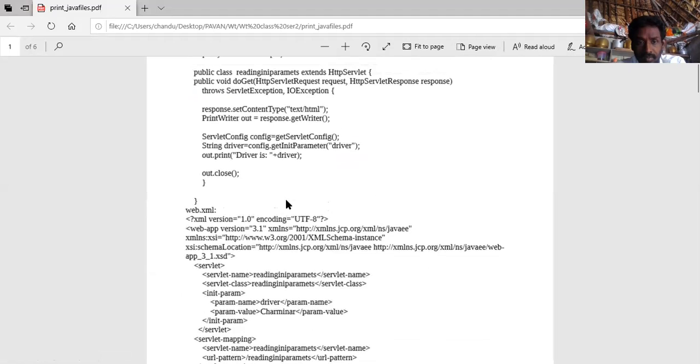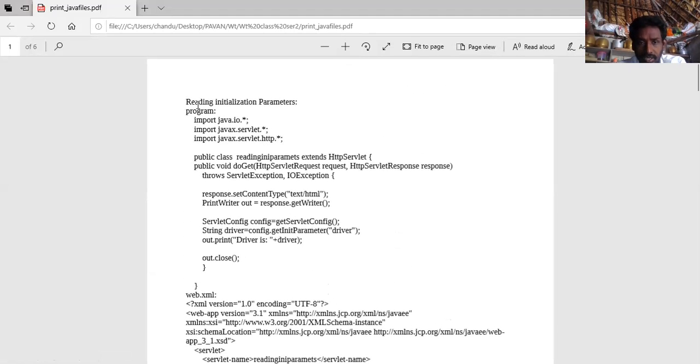Once again, reading initialization parameters, reading configuration parameters, or get init parameters, all are the same. To access init parameters or configuration parameters, we need to create the configuration object.